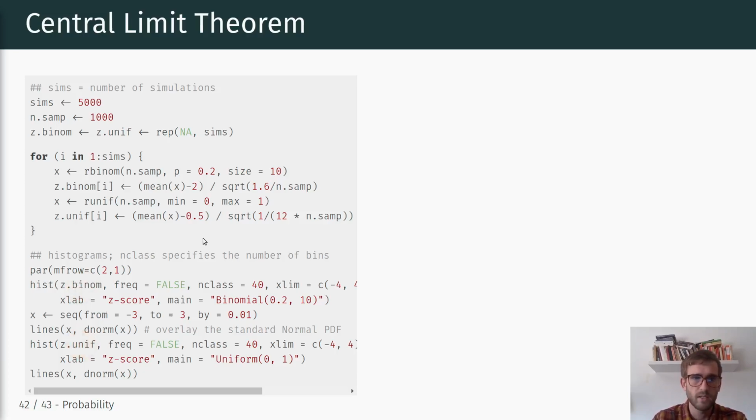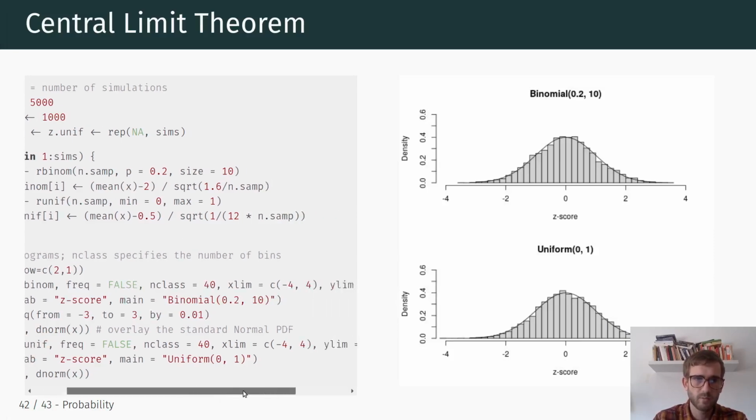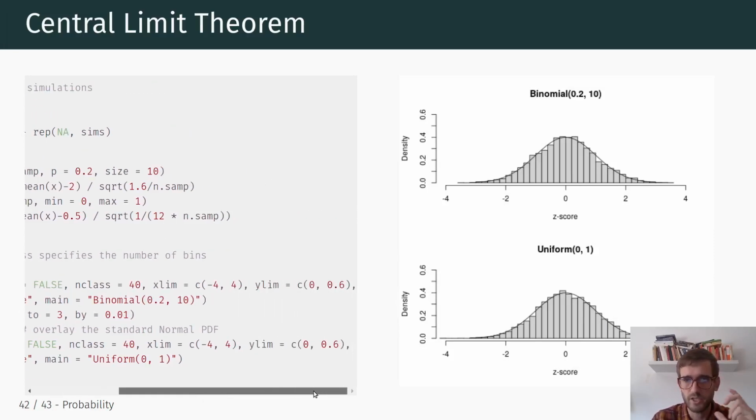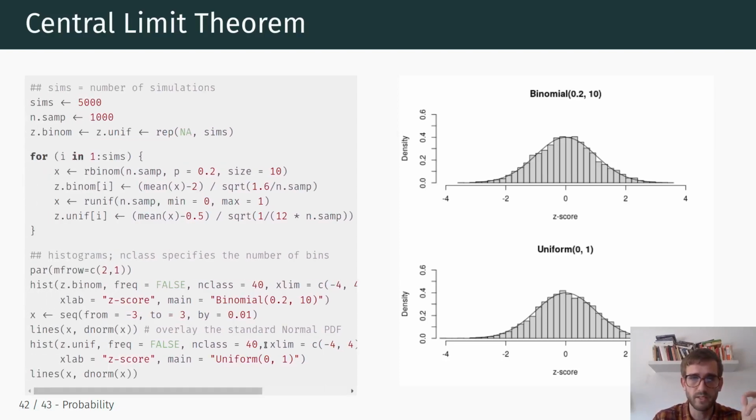Okay, and there's a little bit more here. You can check out the code in our Studio Cloud as well if you want to follow through with this. Okay, and this is basically the essence of the central limit theorem, basically in one or two plots, so to speak. We have two underlying distributions that are not normal. We have the binomial distribution and the uniform distribution, right? One is discrete and one is